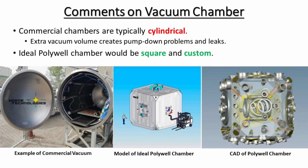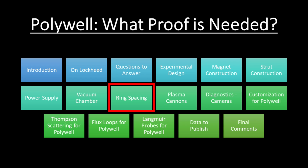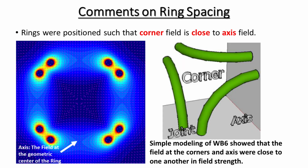Just one more thing before I close. I want to mention that the placement of the rings is really important. And if you do a Biot-Savart model of the magnetic field of the rings, and you look at the field